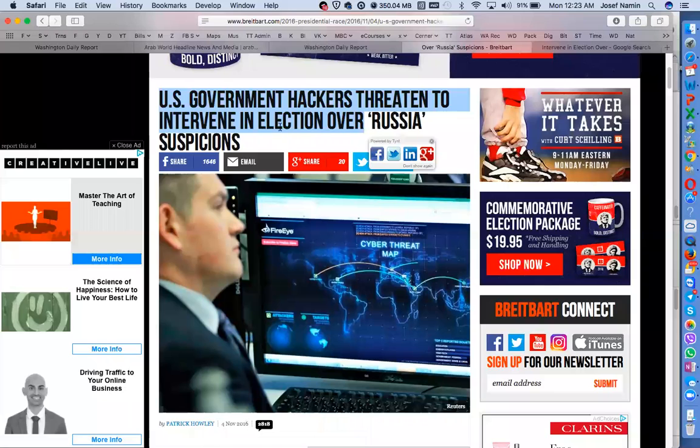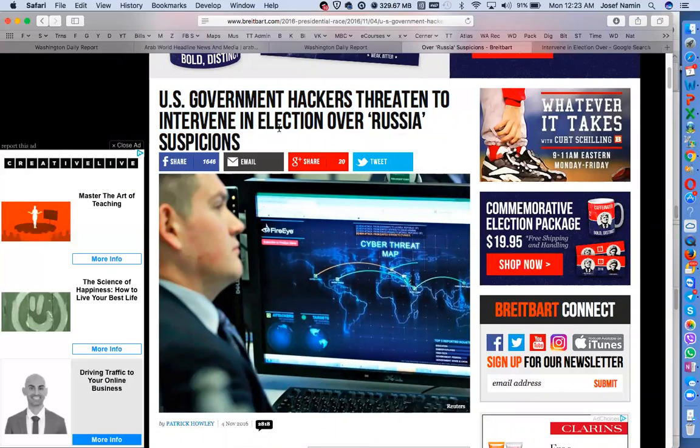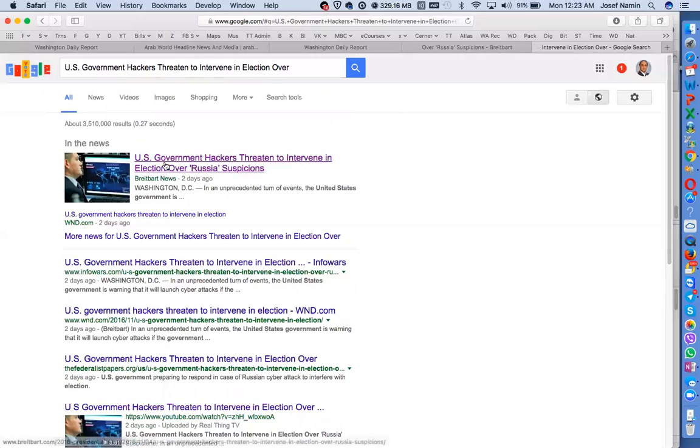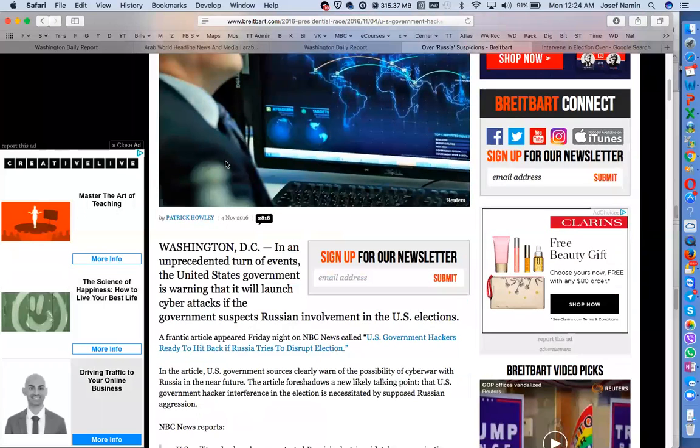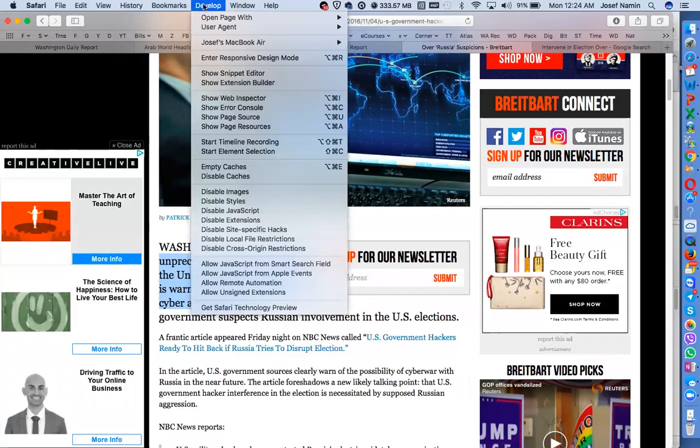So let's go back to here. We want to see what keywords the people who created this news have used, and what description. If we look here, the description that they have used is this one: In an unprecedented turn of events, the United States government is. So they have used basically this description. If I go to the source of this page,